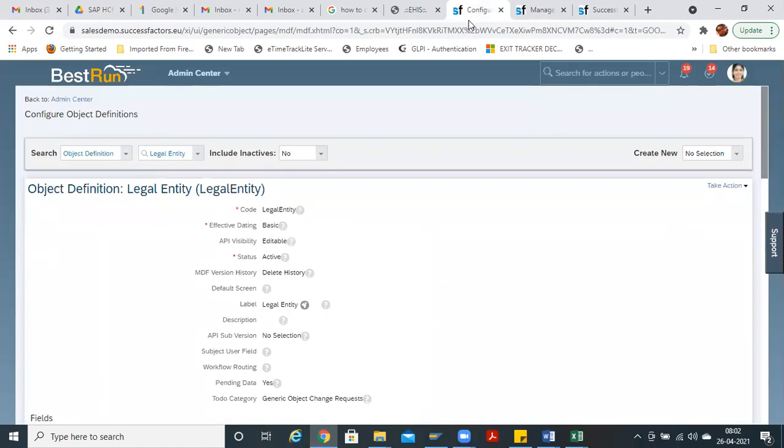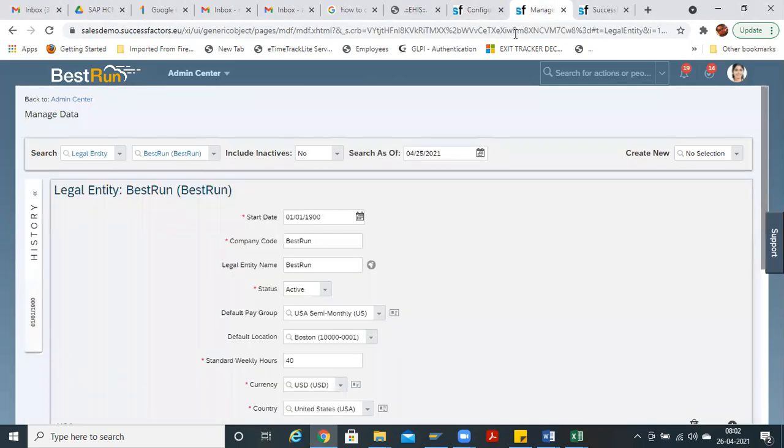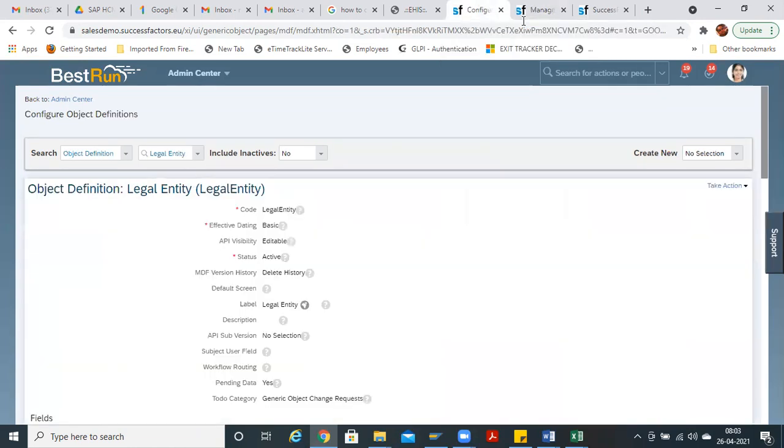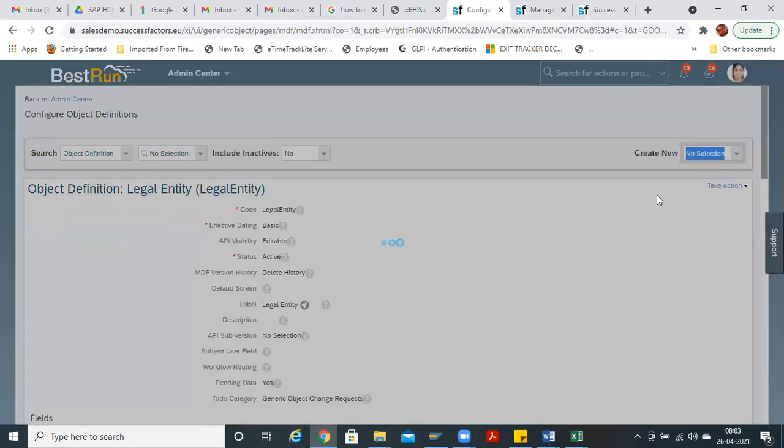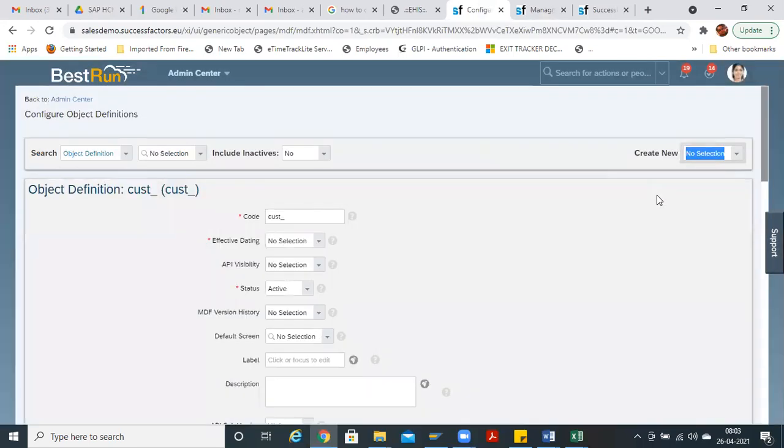Configure object definition is where you are configuring the objects. Manage data is where you are just maintaining the objects which you have configured. For example, department means HR, benefits, you will be maintaining here in manage data. So let us go to configure object definition. Here create new object definition, sub department.